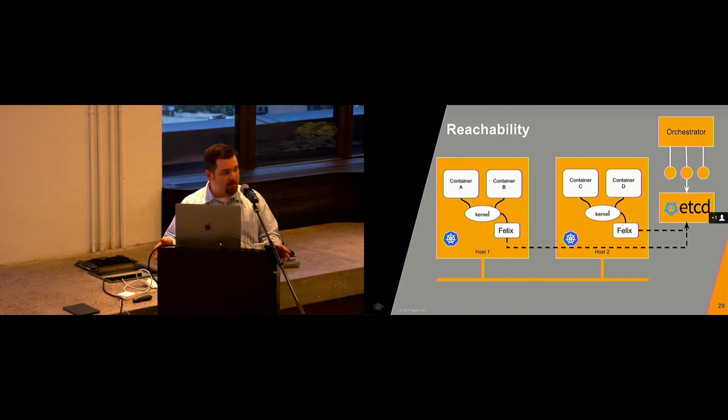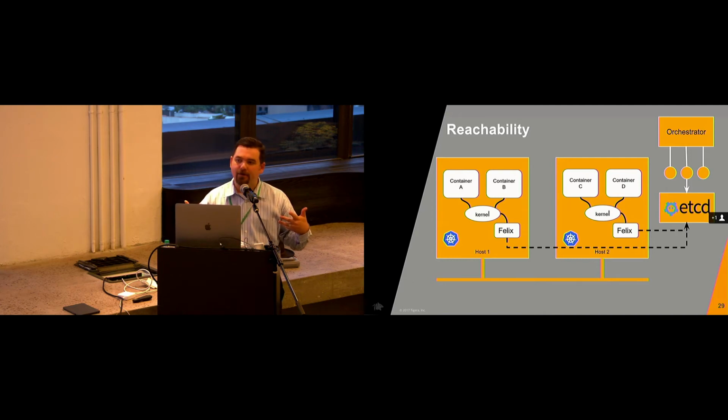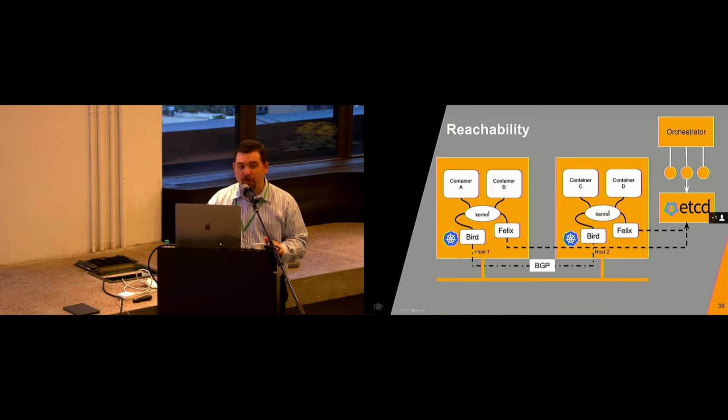And since I said that most of these data centers are going to layer 3, typically BGP is used to communicate that data. So we want to be compatible with BGP. That is, we want to be able to take our container network and exchange routes with the network fabric underneath the hosts that are hosting our container orchestrators. So we run Bird.